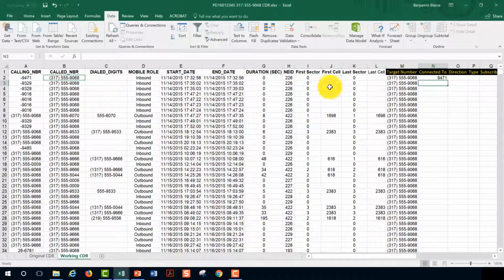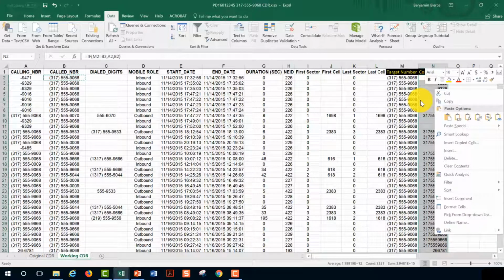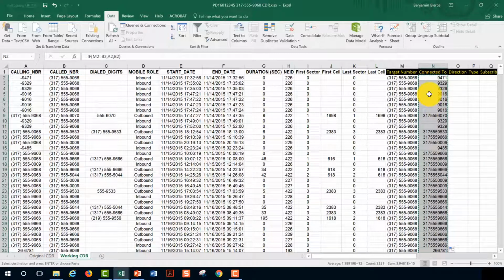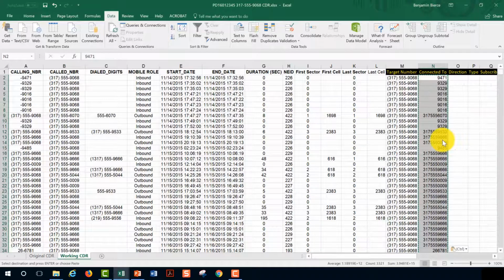This formula says that if the target number equals the called number, we want to import the calling number. If it does not equal the called number, then we want to import the called number. Click back on the first cell under Connected To and autofill the column. Right-click on the selection, copy,